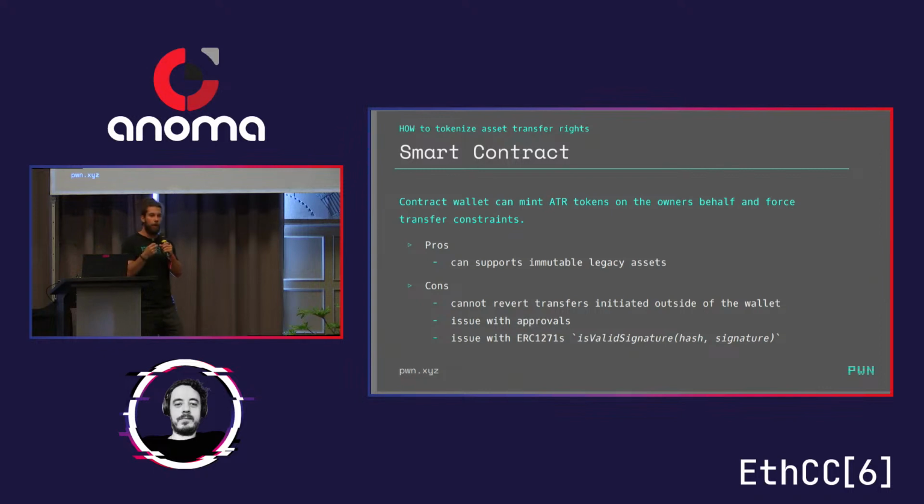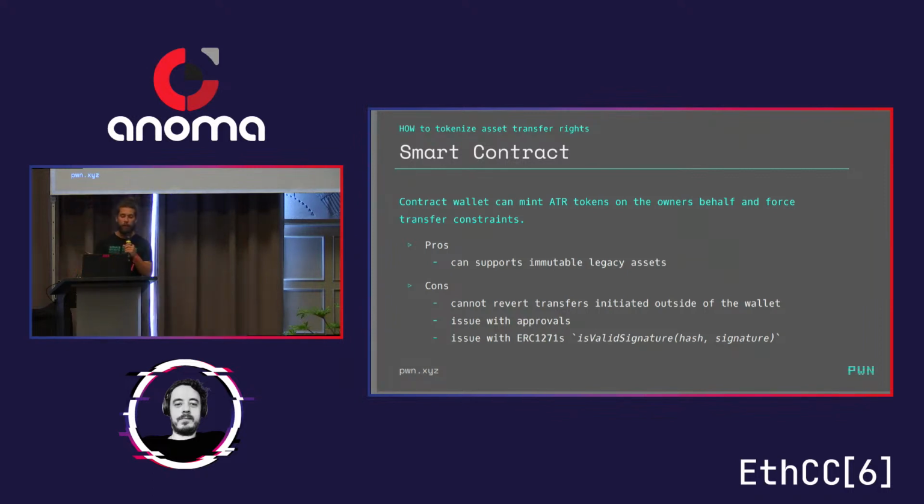So it has a big problem with approved addresses. And by big problems, I mean the wallet cannot allow you to actually approve the address, because if the approved address initiates the transfer, that would be a transaction initiated outside of the wallet. And it cannot tokenize transfer rights of something which actually already has an approved address. So the wallet needs to track that.